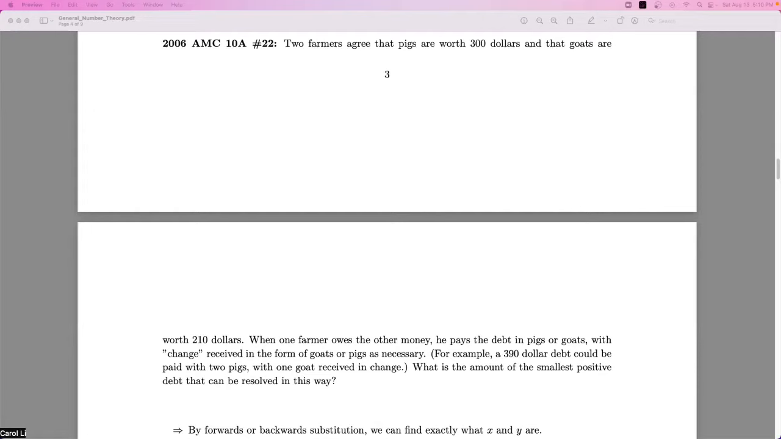Bezout feels like a really simple lemma, but